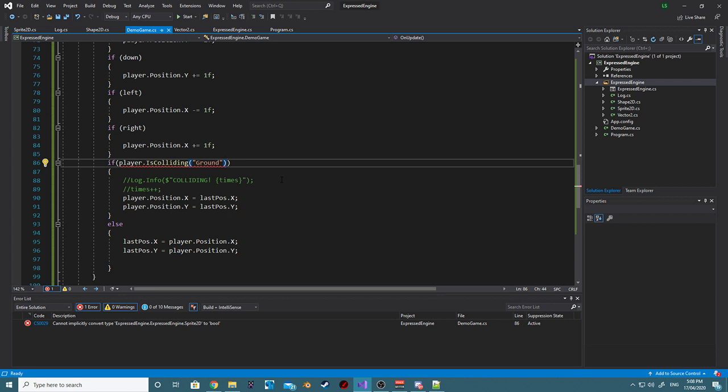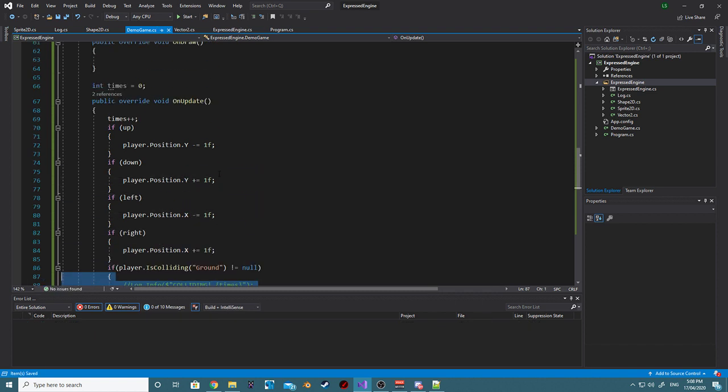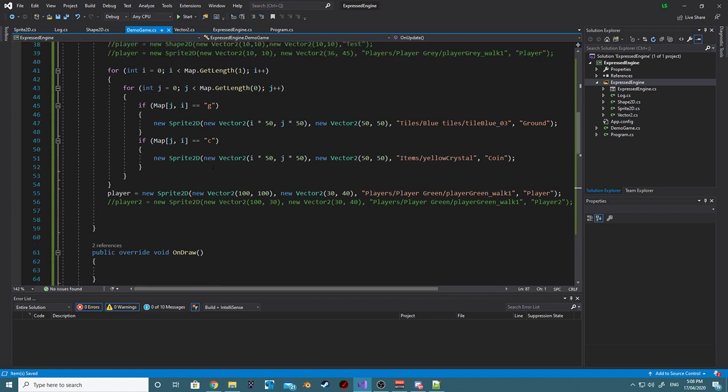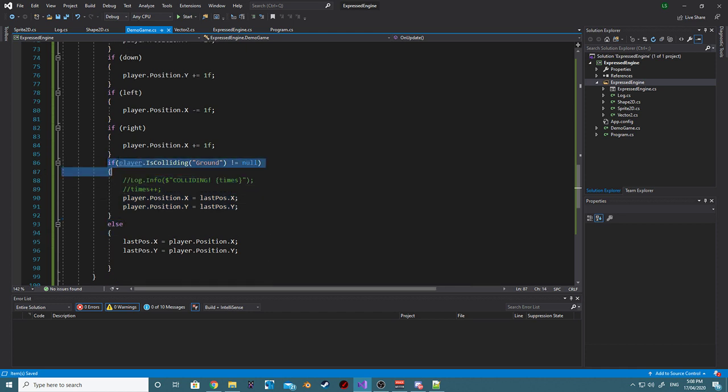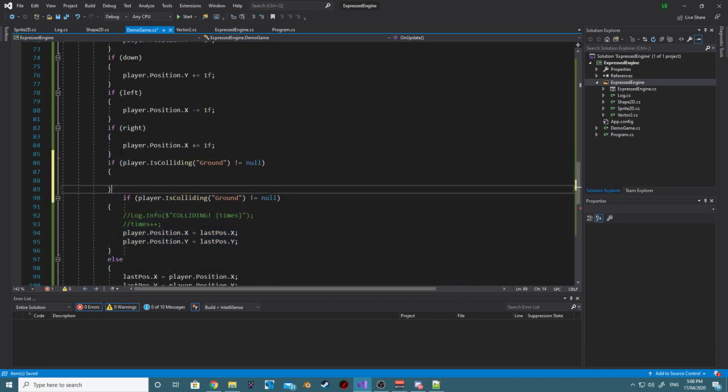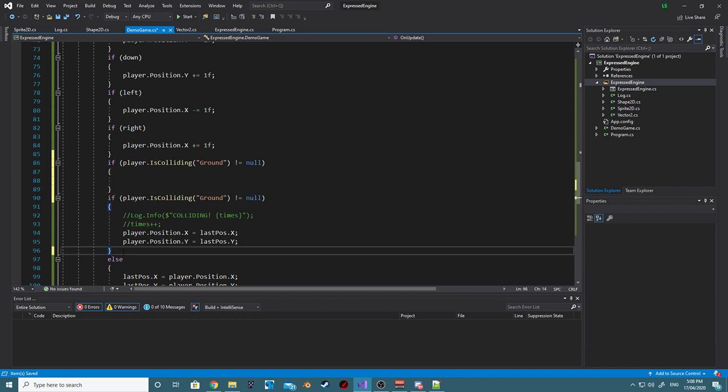So if it's not equal to null now, and this should work still, and then this coin, we can say the same thing now. So if coin is not equal to null,